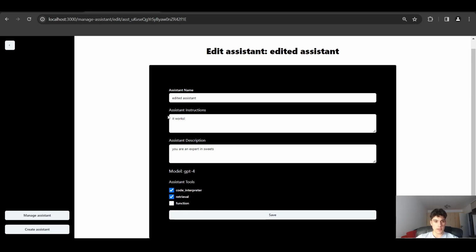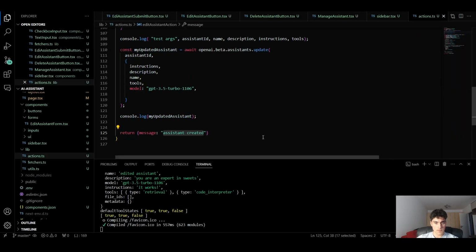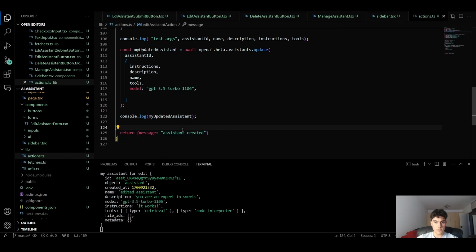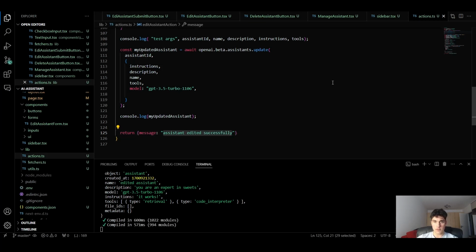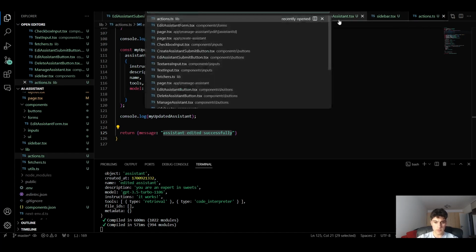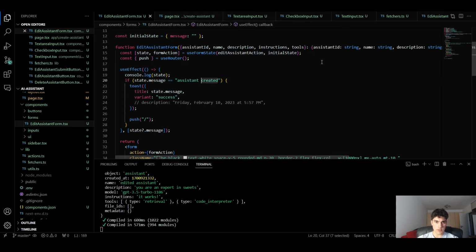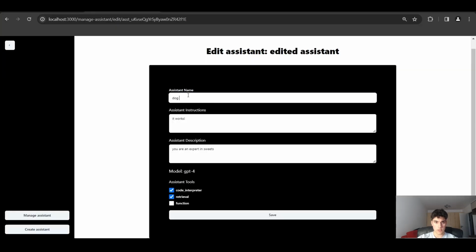Now the only thing that I want to do is to show the toast if the edit is successful, and for that, if the return message is assistant created. So here if the message is assistant edited successfully, if this message exists inside my form, if this message exists, I want to show this toast assistant